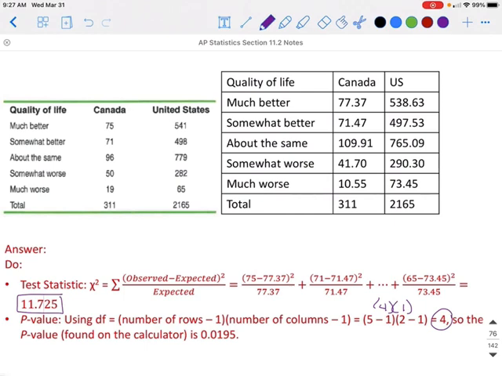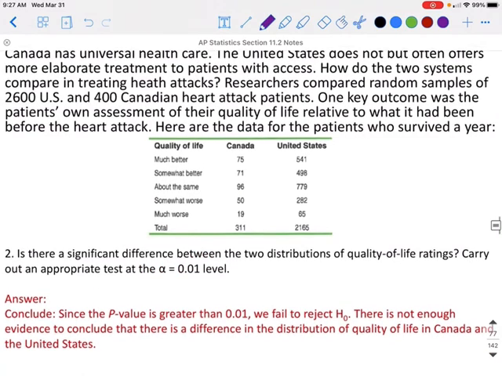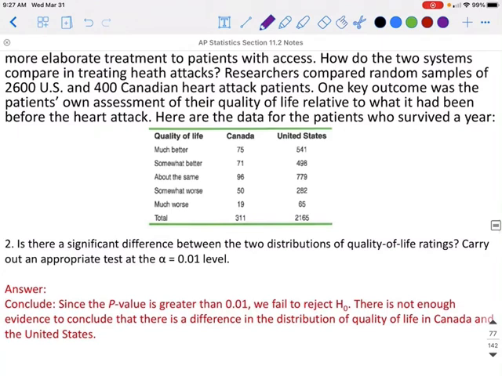If we find the p-value on the table, we would say our p-value is going to fall between here and here. Or if we find the p-value on the calculator, we would get a p-value of 0.0195. Last thing we need to do is to write our conclusion. So since the p-value is greater than 0.01, we fail to reject the null hypothesis. There is not enough evidence to conclude there is a difference in the distribution of quality of life in Canada and the